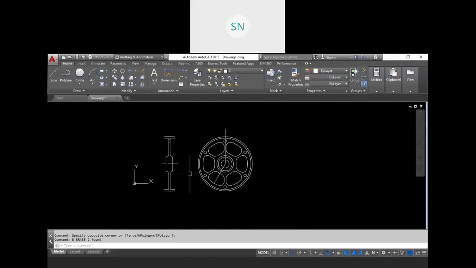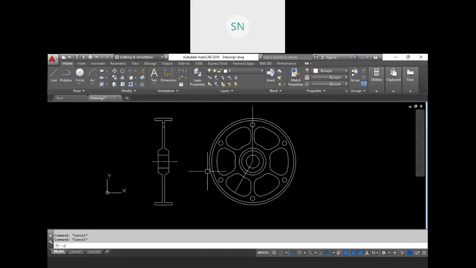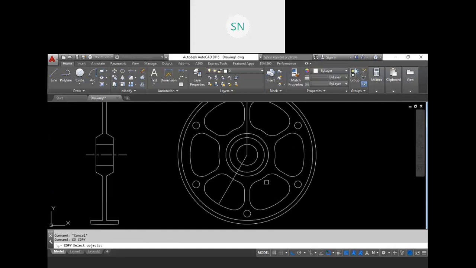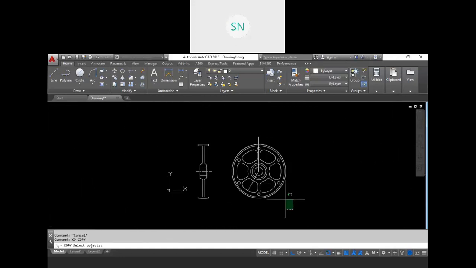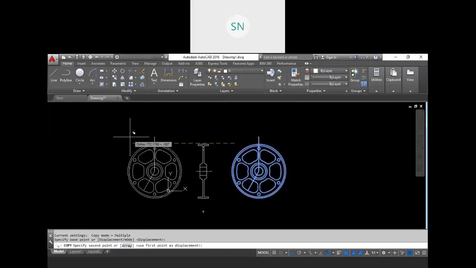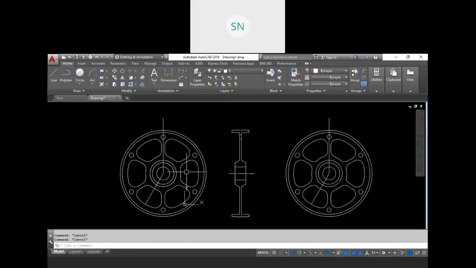So for that we need to do one thing. See, take a copy of your entire model on the other side and rotate this thing, RO, enter, rotate with this much angle, and that is 30 degree, right?